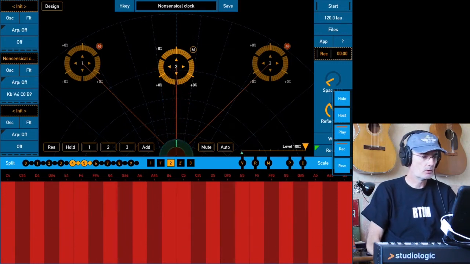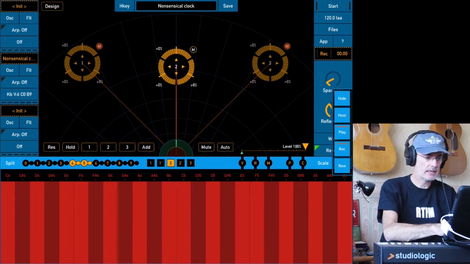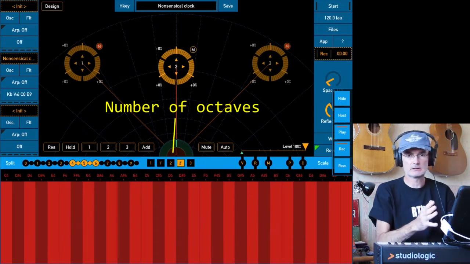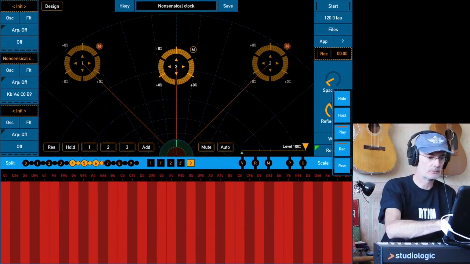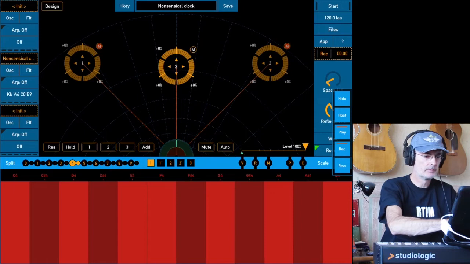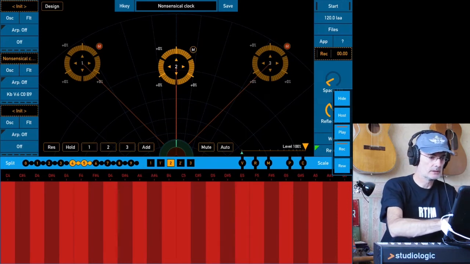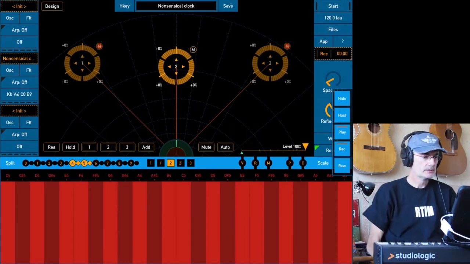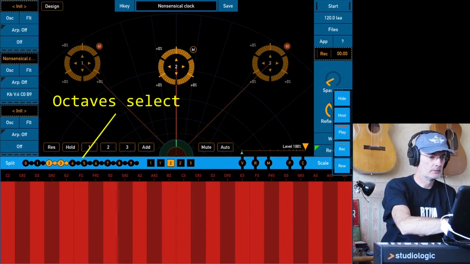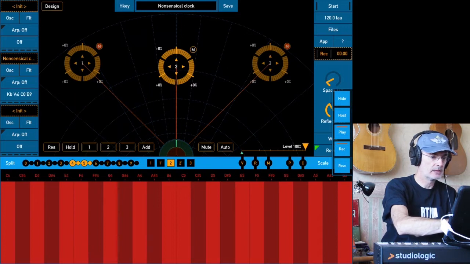We can control the octaves that are on display. If you look in the middle of the screen, we've got the number of octaves. So if I click 2, the keys get skinnier and we have more of them. 3, even more. If I go the other way, they get bigger. It's just easier to play. But by default, we've got, was that it? To the left of that, you can see which octaves we're seeing. So if we go down by just clicking those little buttons to the left and right,